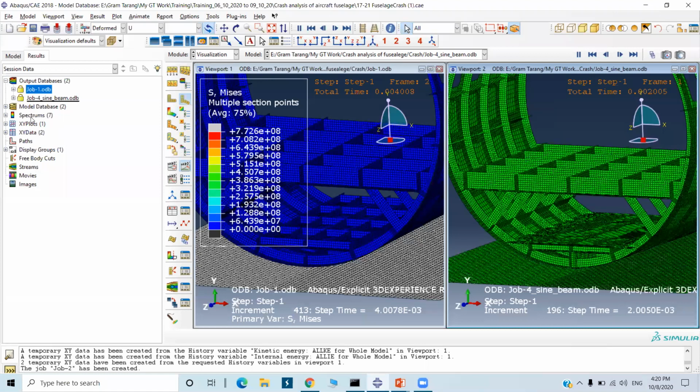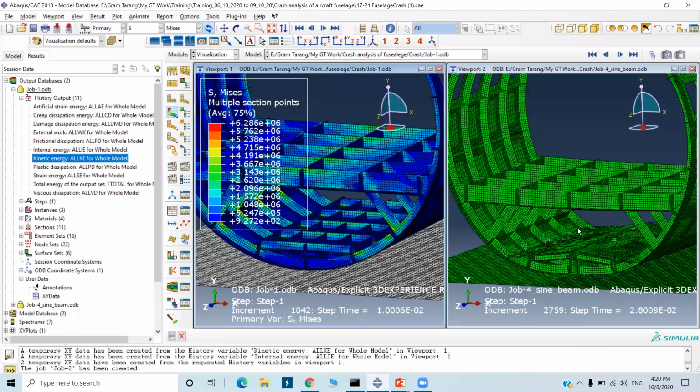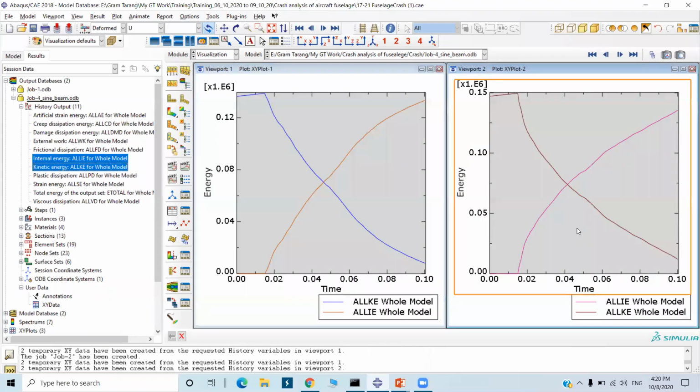This is for without the sine wave beam, kinetic energy and internal energy. Plot it. And for this one, the sine wave beam history output, internal energy, kinetic energy, and plot it. Can you see the difference here? There is a little difference. In kinetic energy you can see there is a slight difference in absorption rate.